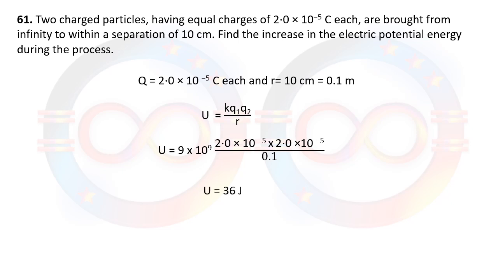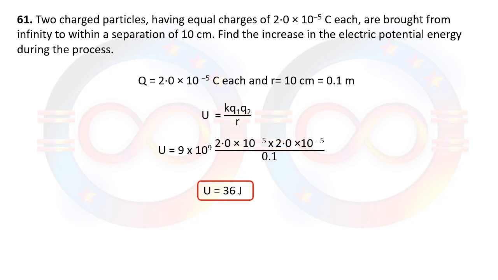After calculation, 9 into 2 into 2 will be 36. 10 raised to 9 into 10 raised to minus 10 upon 0.1. So it will be 1 only, because 0.1 is 10 raised to minus 1, it will go up and be 10 raised to plus 1, added with the 10 raised to 9, it will be 10 raised to 10, and that would be added with the 10 raised to minus 10, it will be 10 raised to 0, and the value will be 1. So the answer will be 36 joule when they are brought from infinity to a distance of